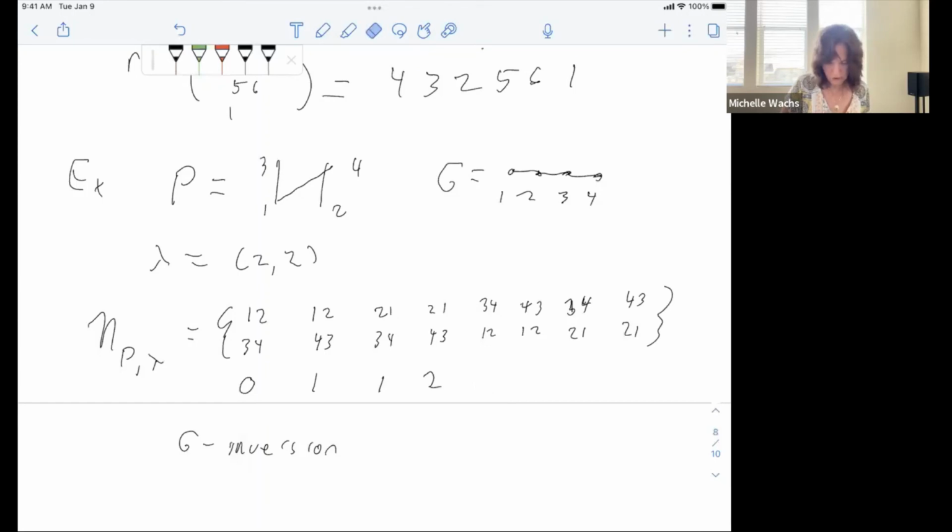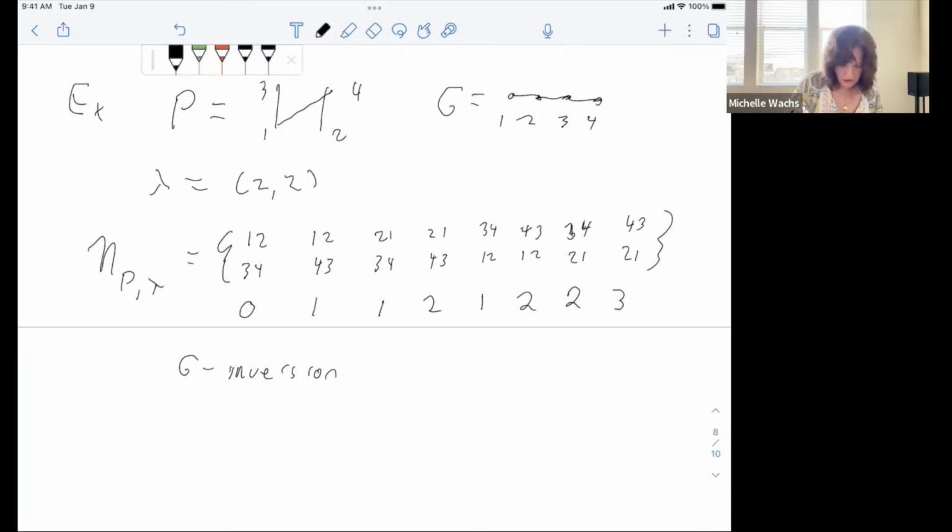Three, here the inversions are 3, 2, and, oh, that is correct. That's just 1. Now here the inversions are 4, 3, and 3, 2, so there are 2. Here the inversions are, here there's a 2 again, and here there's 3. So the coefficient,